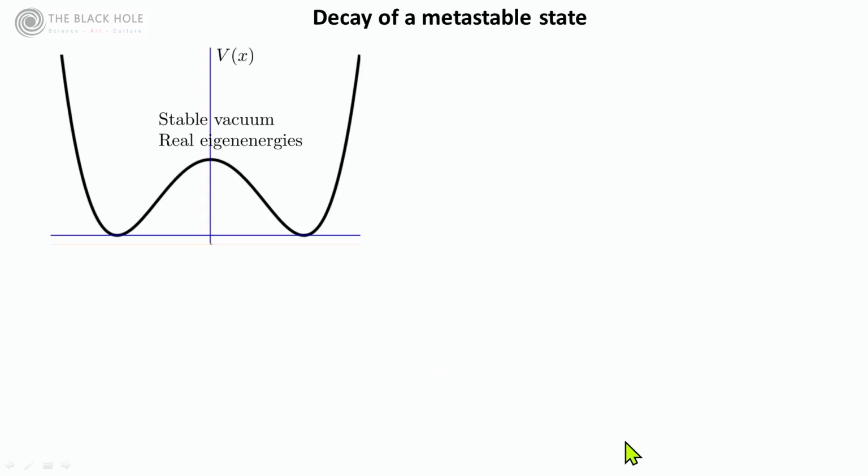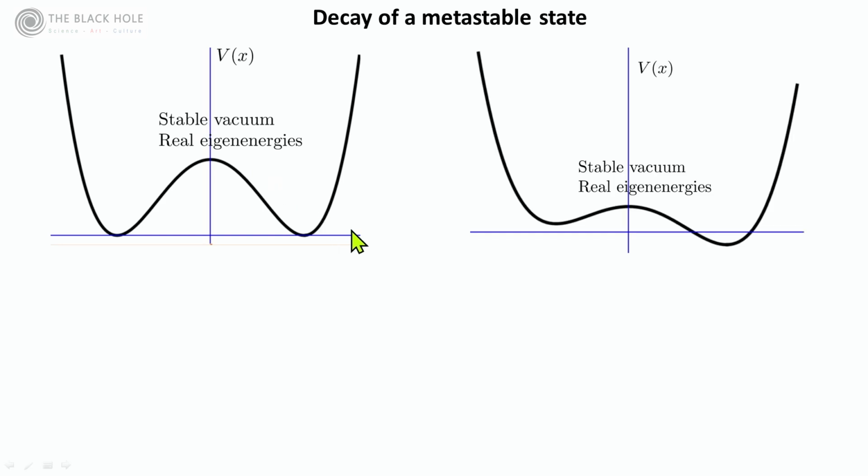Okay, so now we come back to particle tunneling, and we'll talk about the decay of a metastable state. Now, this over here is a potential. It's a stable vacuum. It'll have real eigenvalues. You can see that there is no way that, this is just solving the Schrodinger equation with this potential would give you a bunch of real eigenvalues. And for this as well,